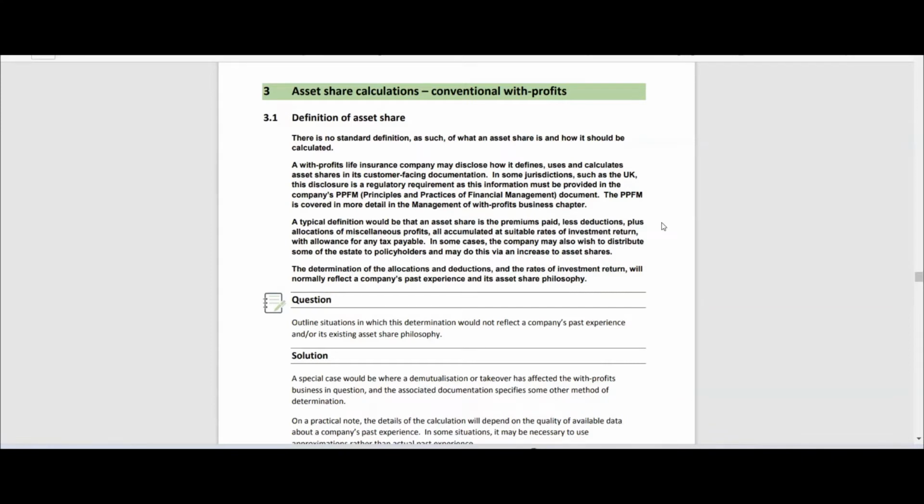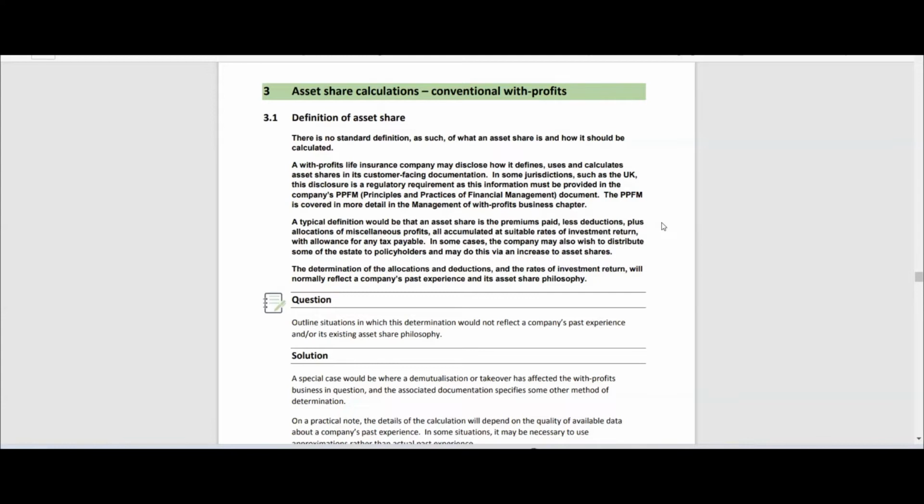So what it means is everything that has been accumulated for a policy is actually the asset share, but it's actually not the case. There will be some deductions, something which will inflow, and that is the purpose of this video. So at the start, we can think that the asset share is a fund, right? And that fund represents what has been accumulated for that policy, and then there will be some addition or deduction. So that we'll see now.